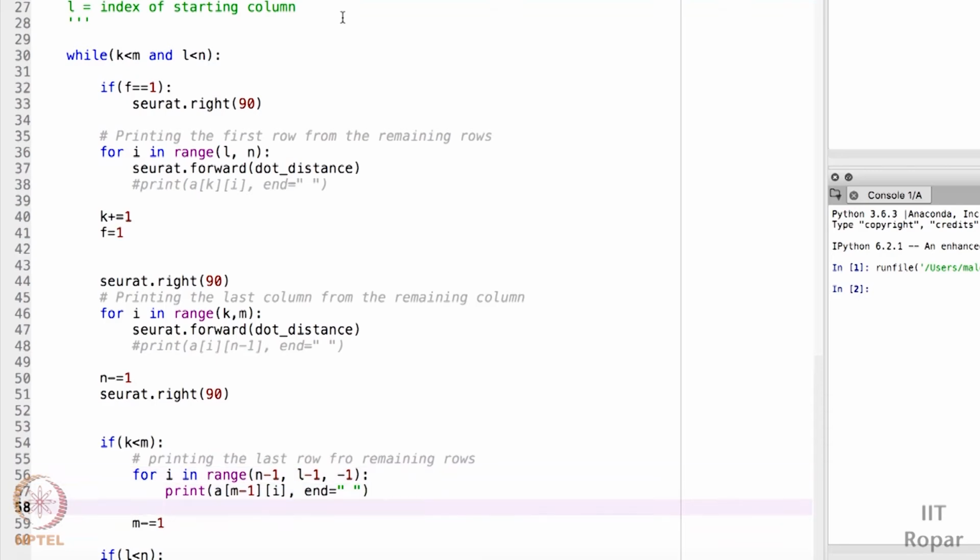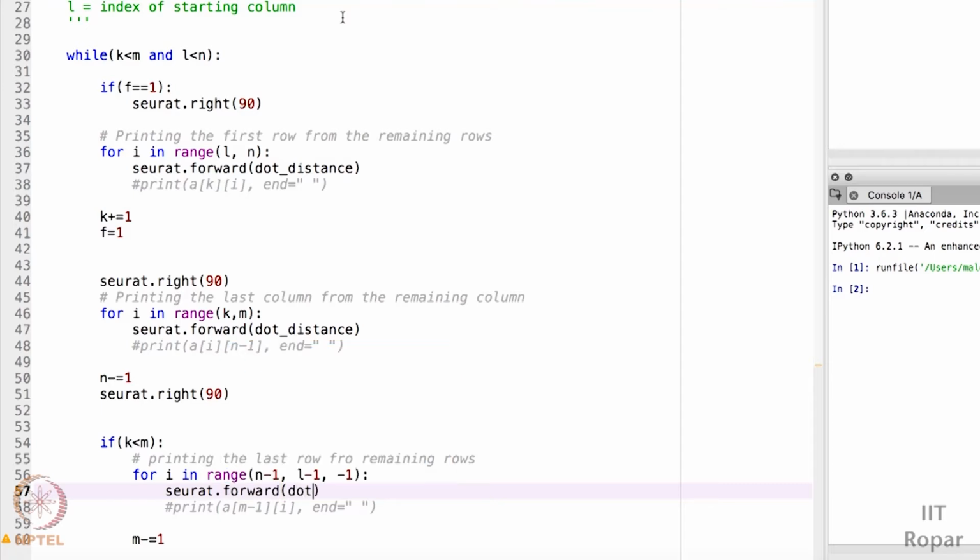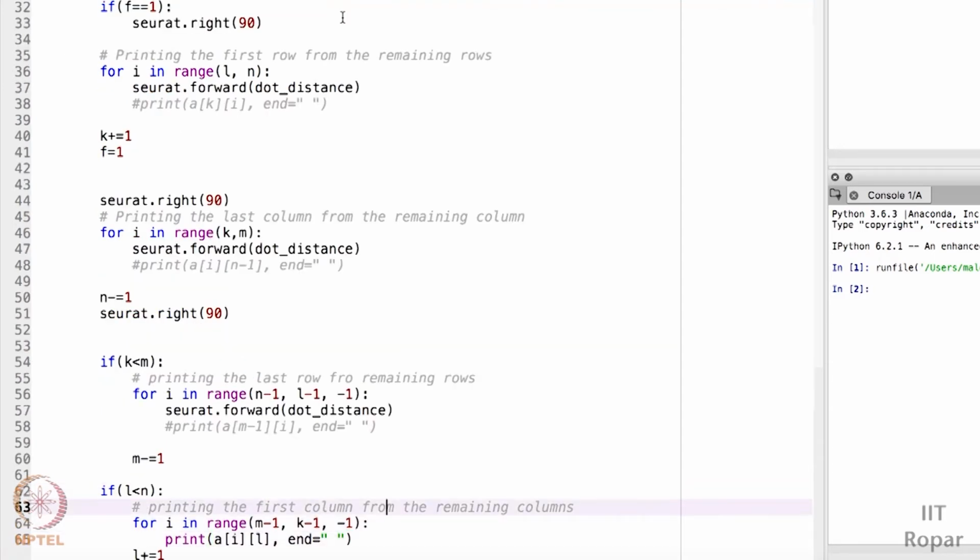This is all for printing. I don't need this, so I will just comment it. Instead of printing the element, I will just forward my turtle with dot distance. Again same thing, after printing the last row, I mean the row in reverse order, I have to again change the direction.